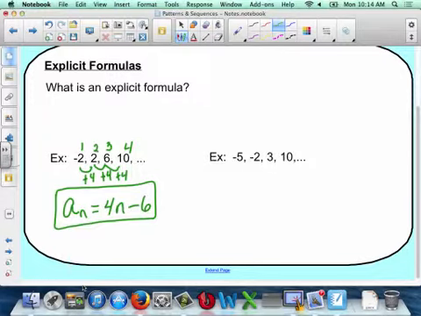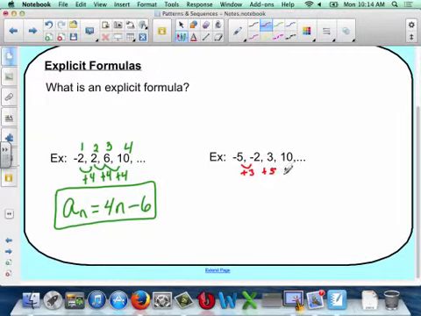All right, let's look at the next one. Now, this one's a little more tricky. Okay, now, guys, I'm not going to lie. These are going to get very tricky, very difficult. So we got -5, -2, 3, and 10. What's happening every time? You're going up by odd numbers. Going up by odd numbers, so